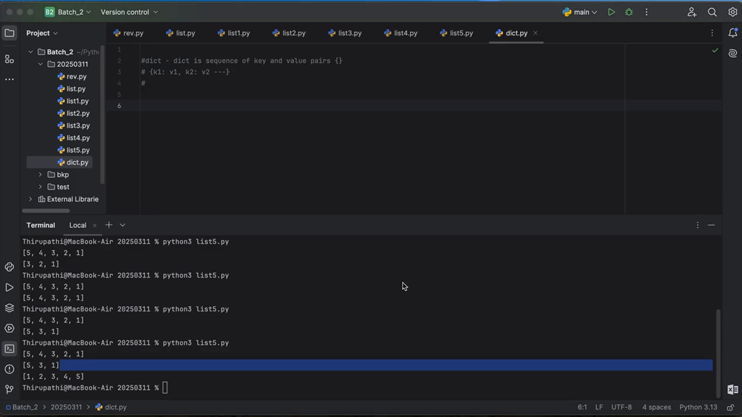Let me take one example here. For example, we have a list here: Ramesh, Kiran, Vijay. Just I am telling you, Ramesh is the key, and this is Ramesh's address. Kiran is the key here, this is Kiran's address, and Vijay's address here. So how can we write this? By using dict. Okay, data_dict equal to,